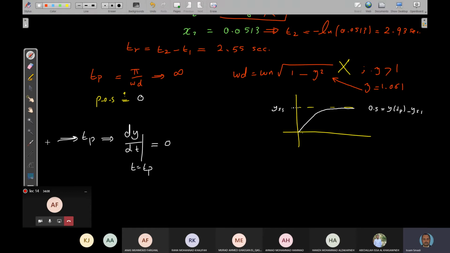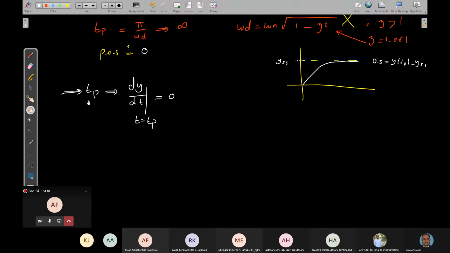To 0, correct? Now, if I differentiate, I will get dy/dt at t equal TB equal to